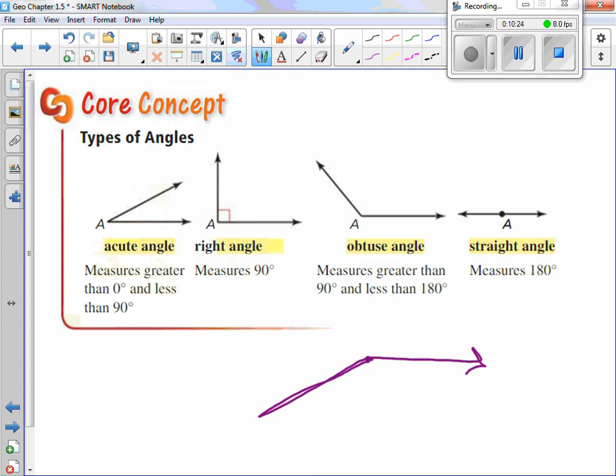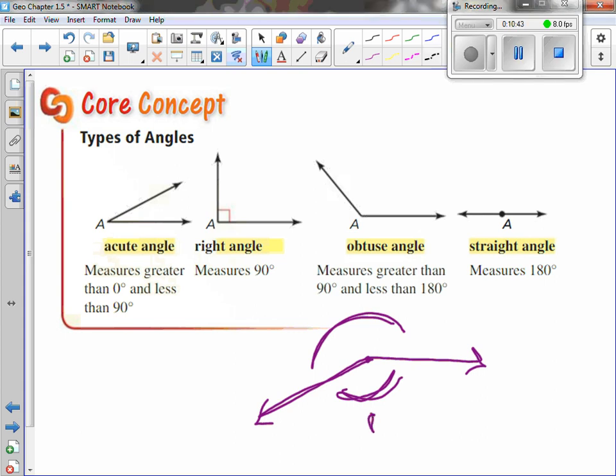So an angle like this here. This is greater than 180, yes? So what would we call it? Obtuse. We call it obtuse. Because this side here is greater than 180, yes? This side over here is greater than 90, yes? So this here is